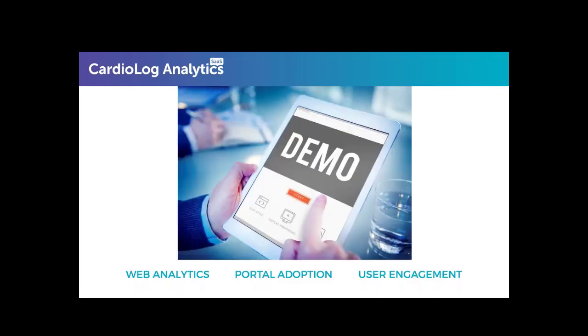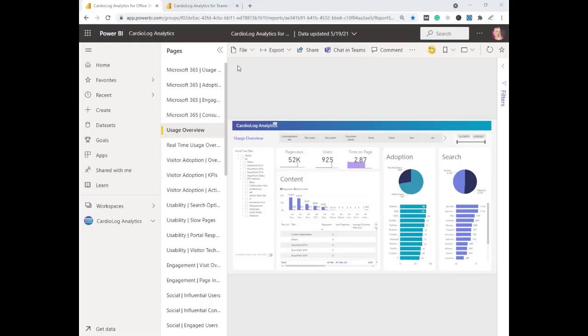With that, we'll jump right into a demo, and I will show you all of the above tracking and communication in action. Cardiolog Analytics' Office 365 Usage Analytics combines usage data to provide rich analytical capability to measure adoption trends. So I want to start out by first looking at SharePoint. So we have a long list of reports across many different dashboards where I'll show you some high-level data. But first of all, we'll start here where you can see the SharePoint tree structure